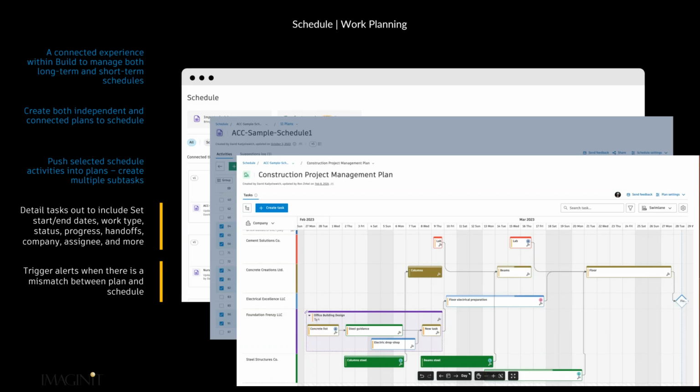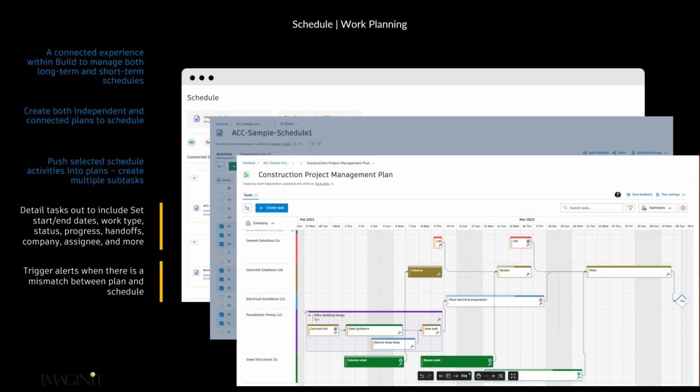Let's assume that they're the supplier, and then concrete creations is the detailer. Well, we need to create the steel connections before our detailer can proceed. So that timeline links together. You can create different tasks, like I said, and this ultimately creates a workflow, it creates a workflow chart